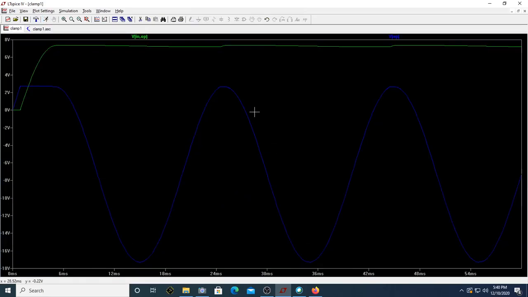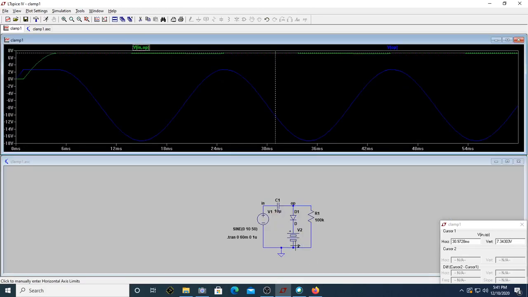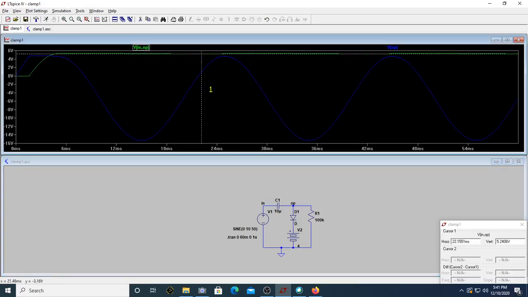You can certainly verify the capacitor voltage. The capacitor voltage is now charged to 7.3 volt. So it's actually okay. Let me just do it for 4 itself, because in the example we have taken it as 4 here. Okay, this is 4 volts. Just have a look at the capacitor voltage. The capacitor voltage is almost at 5.3 or 5.4 volts.